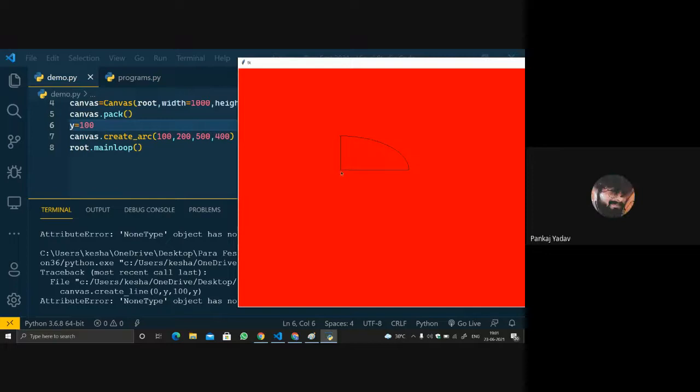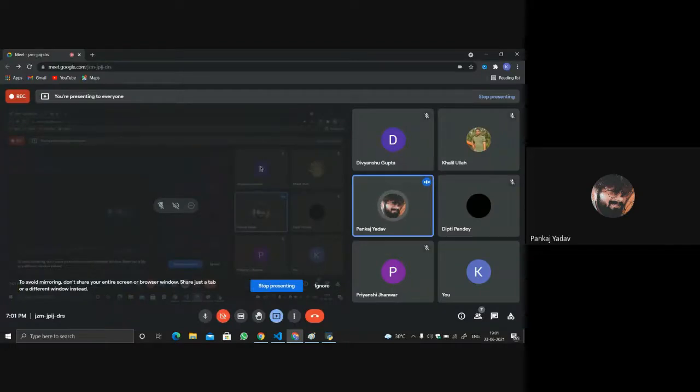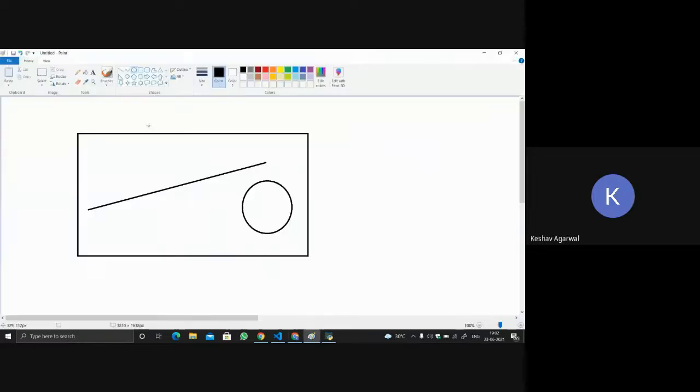Yes, okay, so what is an arc, Pankaj? It is anything which is not a straight line. If I say this is not a straight line, is it an arc?